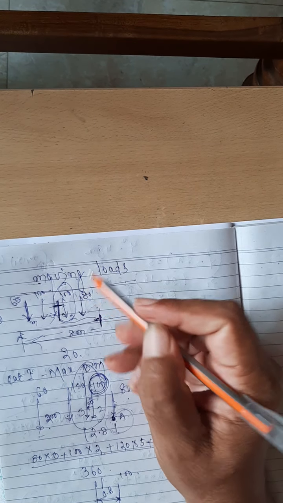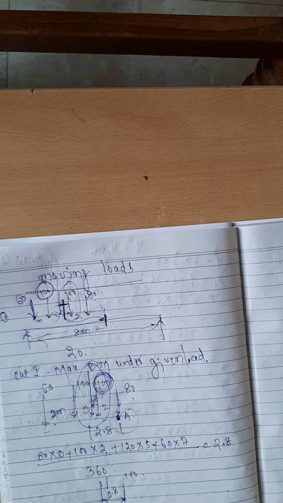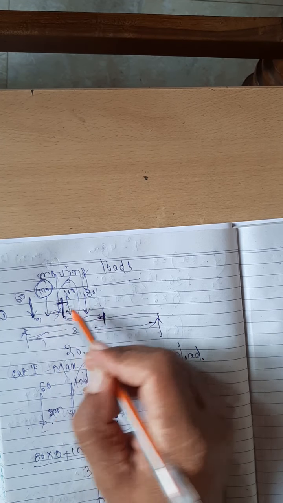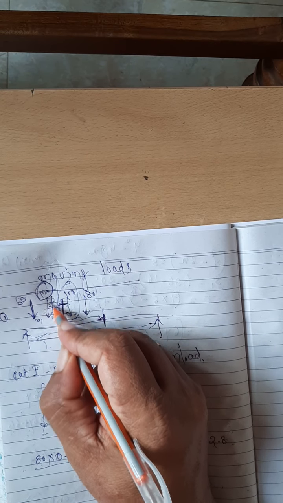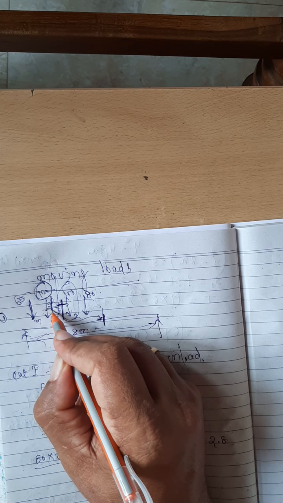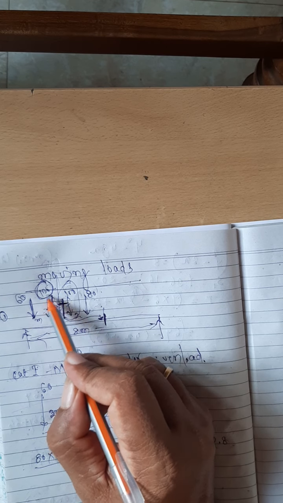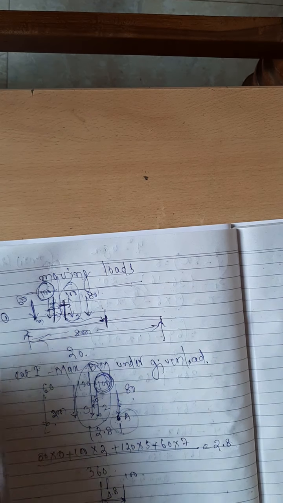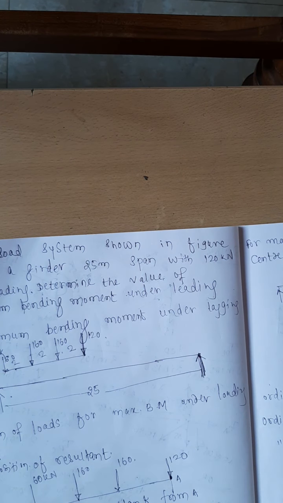This is one category of problem. Imagine that you want the maximum bending moment under the 120 kilonewton load. At that time, again you calculate the resultant. As this distance is 0.8, and the total is 3, this distance becomes 2.2. You divide this 2.2 into two parts, and the midpoint is 1.1. Therefore, you adjust the load in such a fashion that this 120 kilonewton is at a distance of 1.1. Once you fix the position of the 120 kilonewton, the rest of the positions are fixed. You can better understand it by considering an example. See here.